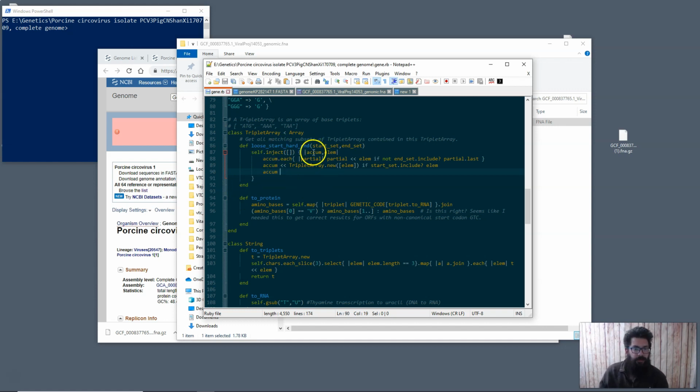Okay, so for the inject operation, that gives you a pair, which is what's being accumulated. That's all of our open reference frames that we find. And this is each new triplet that we look at. So this is going to add up with open reference frames, and this is what's being tacked on to each particular open reference frame. Okay, so what's going on here is, if you imagine being the ribosome stepping down,